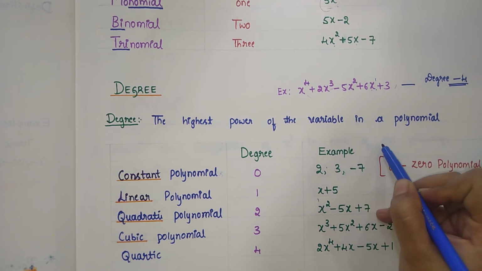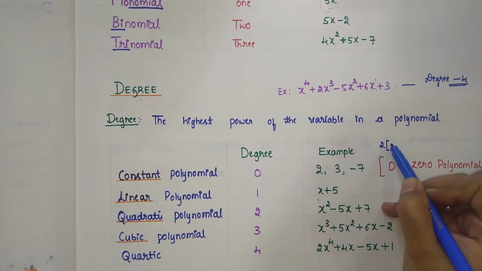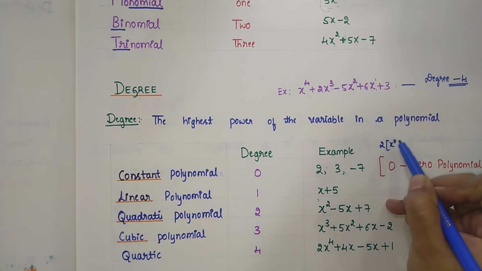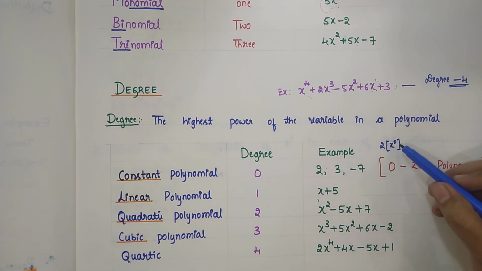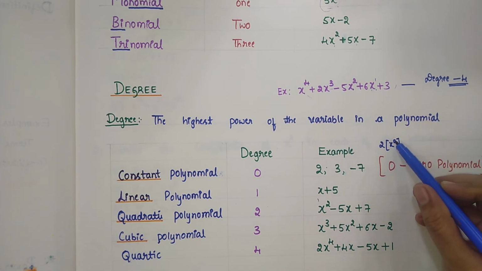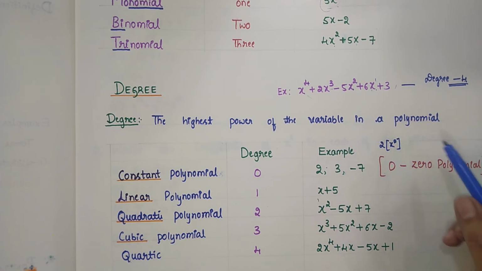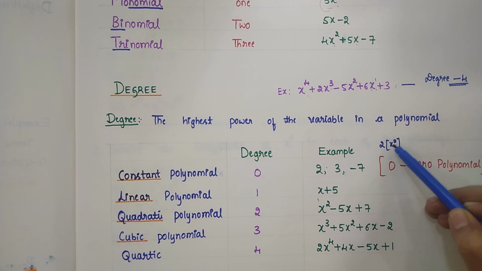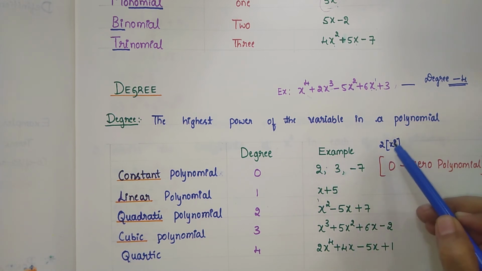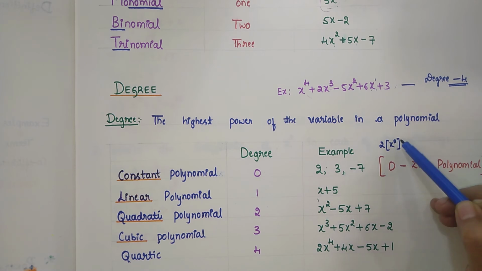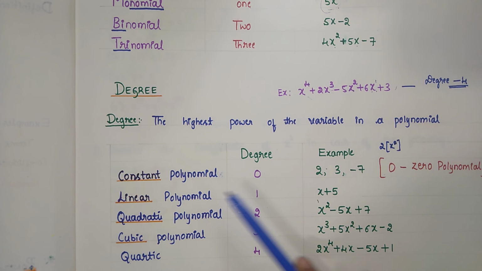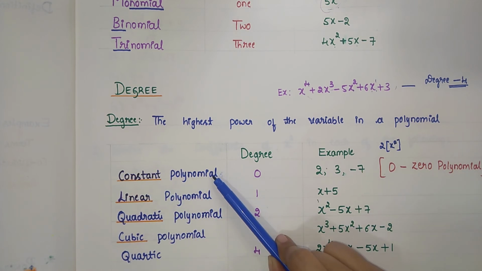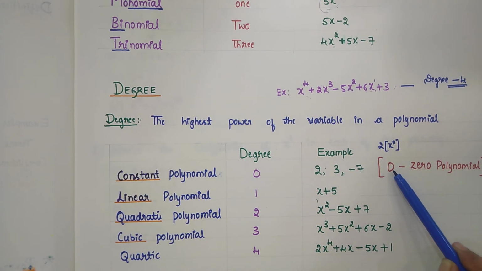It is nothing but this 2 is multiplied with the variable which is having power or exponent 0. So we know that anything to the power 0 is 1. So 2 into 1 is 2 itself. So it is the polynomial with the degree 0. So whenever the degree of the polynomial is 0, we will call that as constant polynomial, and 0 is called